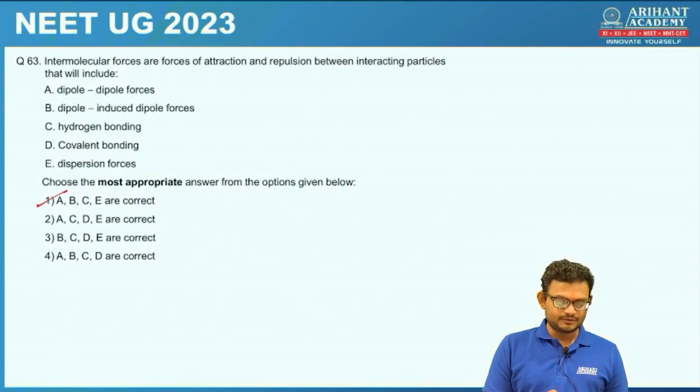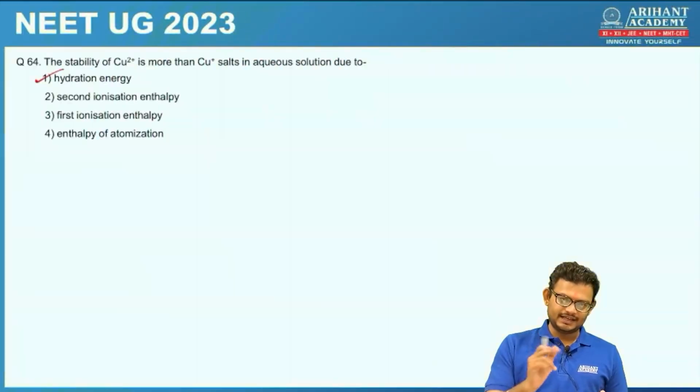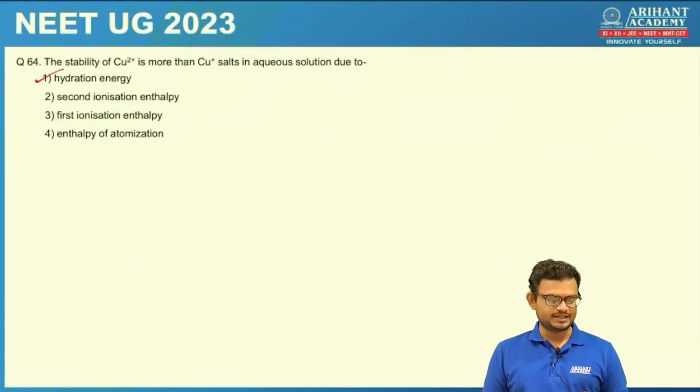The intermolecular forces of attraction and repulsion between interacting particles will include. So the intermolecular forces of attraction would definitely be weaker forces, and the only wrong option here would be covalent bond. So it is A, B, C and E, that is dipole-dipole forces, dipole-induced dipole, hydrogen bonding and dispersion forces, which would actually be the correct answer. That is option A. Next question here, the stability of Cu2+